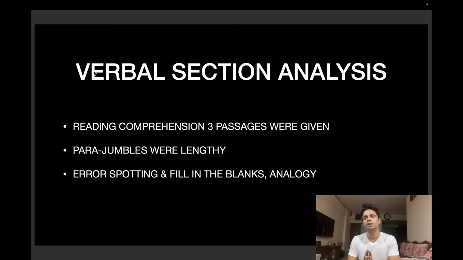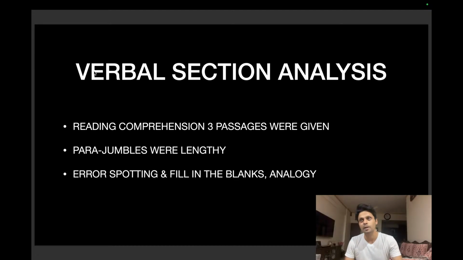Parajumbles' problem was that they were too lengthy. The sentences were too long to read and understand. But there is a trick, guys. Whenever you have options in a parajumble, always find those two options which are very similar. The answer is more than 90% from those two very similar options because the examiner wants to confuse you. The examiner is going to give you an option that is very close to the answer so that you are stuck in those two options. So rather than getting confused, you can use that trick and find the right one. So parajumbles were lengthy, but use this trick, trust me, you will be able to get it nicely done.